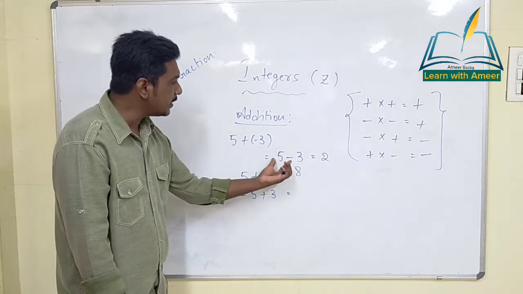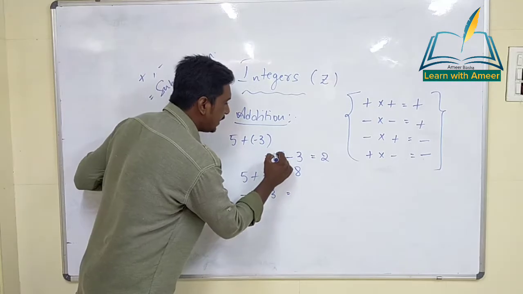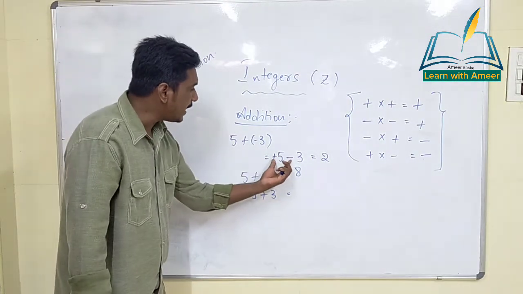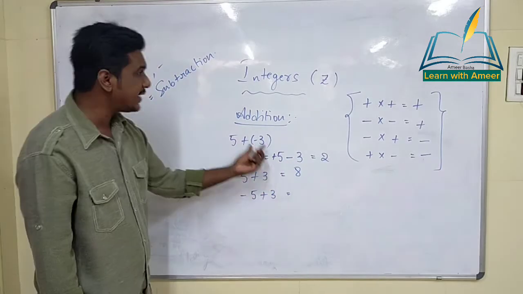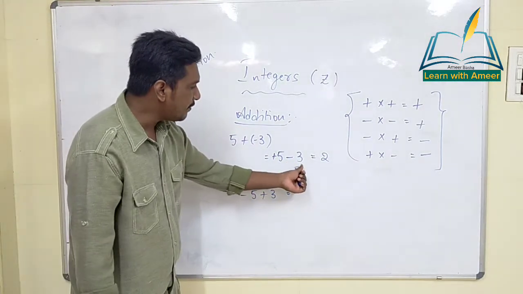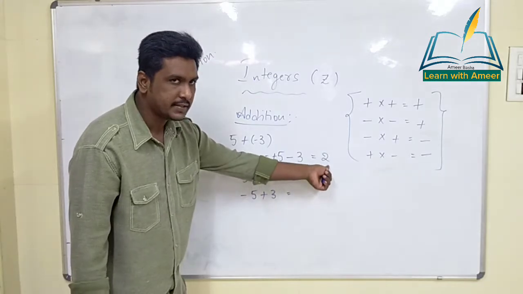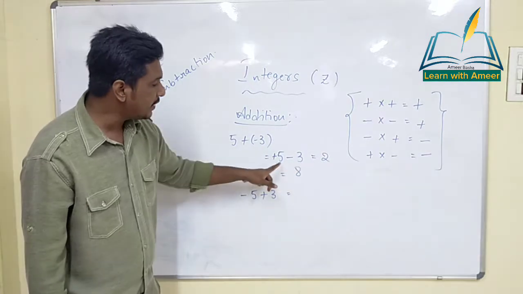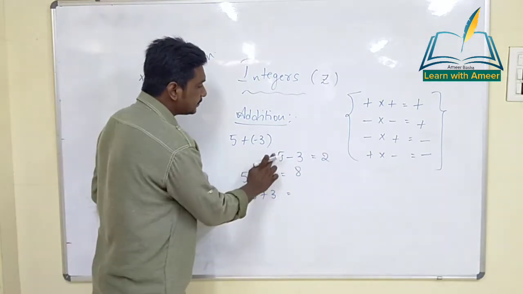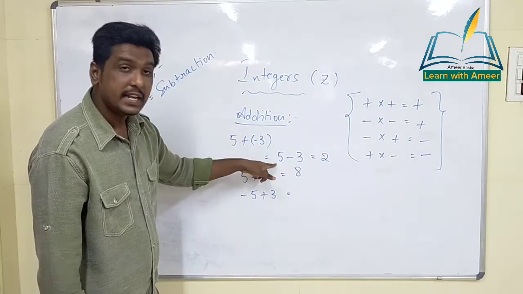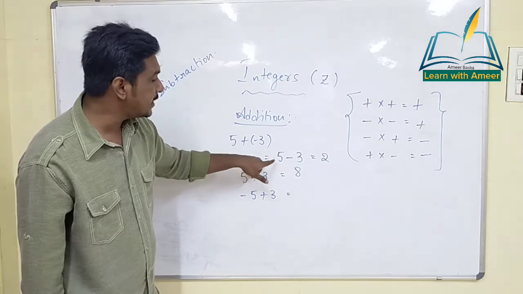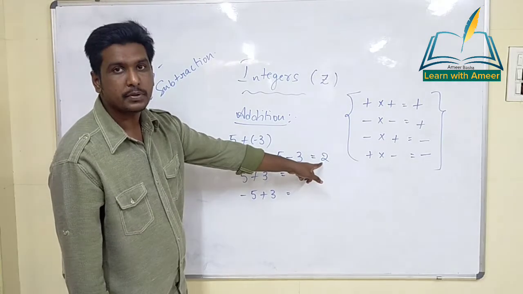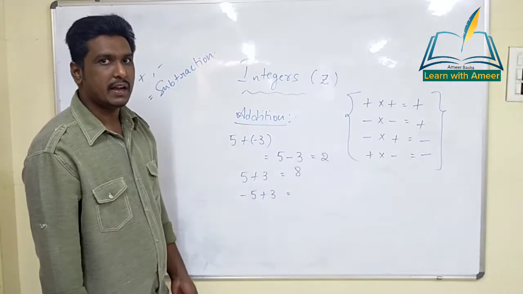here also in a way we've done the same thing. If nothing is there, what does it mean? Plus. Here what do we have? Minus. So whenever we have two different symbols like this, I said subtraction. So do subtraction. 5 minus 3 is 2. Now what did I tell you? Whichever number is bigger. Now which is bigger here? Obviously 5 is big. Now for that 5, what symbol is there? Positive symbol. So for the answer, what symbol do we have to keep? Obviously the positive symbol.